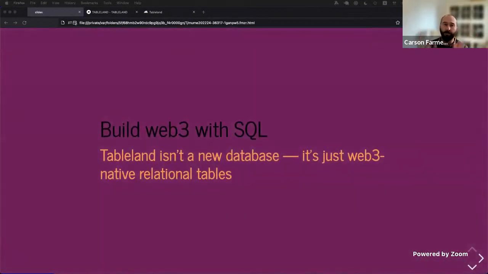So Tableland, the classic, you got to start with a tagline. So here's mine. It's build Web3 with SQL or SQL, depending on where you come from. And so Tableland, it's not a new database. It's not a distributed database. It's just Web3